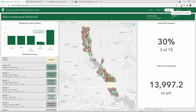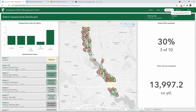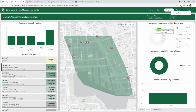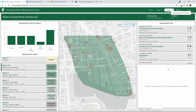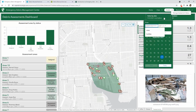I can see breakdowns across each of my assessment areas by the status. So I can click on one of these and my areas will filter to reflect that. I can click on one of these particular areas to zoom in, and I can see the breakdown specifically for the amount of volume in that area. I can see breakdowns by debris type and filter by the individual debris types. I can also see breakdowns by assessor or removal status, and then I can view any of the individual assessments themselves. I can also filter by the particular incident if I need to, and I can filter on particular date